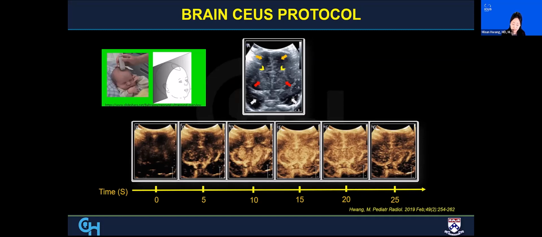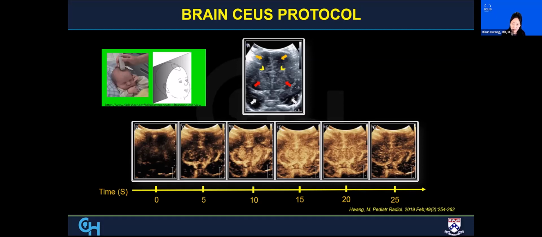So that's an exciting direction. But here, what is shown at the top is the coronal brain, and the yellow is the frontal horns, the red is the basal ganglia, and you see the temporal lobes, the white arrows, and the frontal cortex is the orange arrows. And in time 0, you can see there's no contrast. And as you progressively